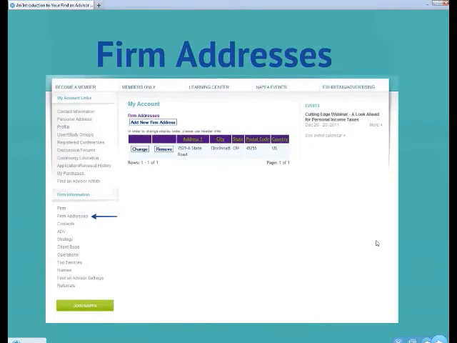Your firm addresses. You can have multiple firm addresses. If you have maybe a satellite location, you can have one or two. Okay? This is where you would put them in. You can add a new one. This postal code is what will get searched. If someone typed this in, this firm would pop up under that zip code. So you can add 1 or 2, 3 or 4, however many you have, you can add into that